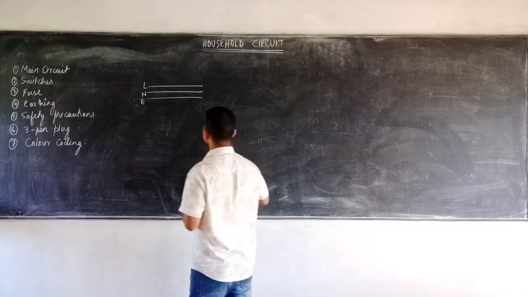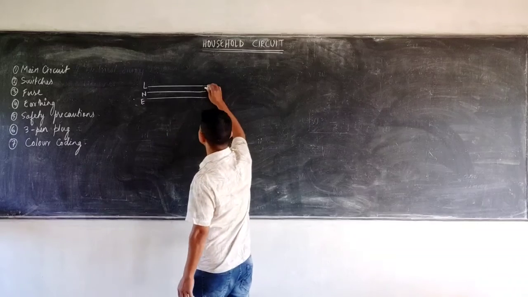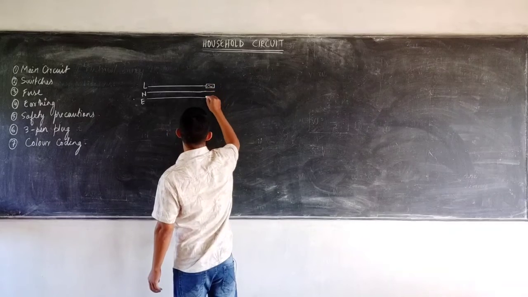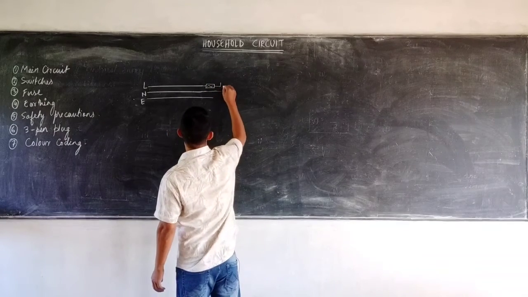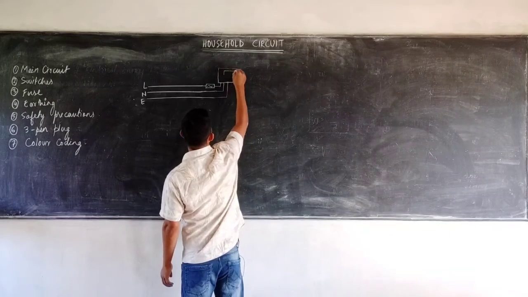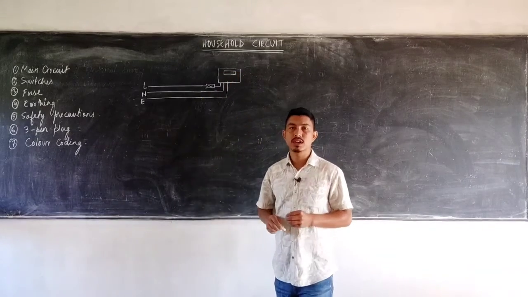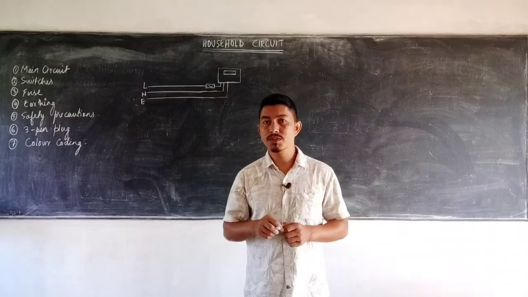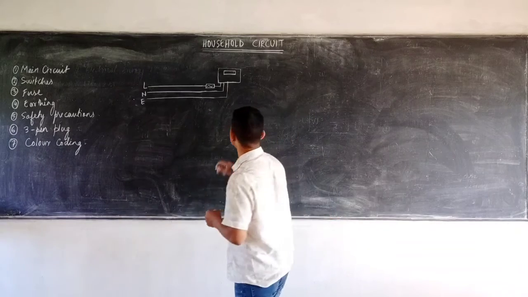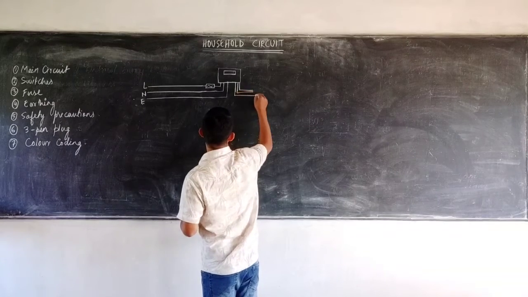These three wires enter into our house, and then the company provides us a fuse known as the company fuse. Once it passes the company fuse, these three wires are connected to the kilowatt hour meter, which measures the electrical energy consumed by our houses. So the current first comes into the company fuse, which is connected to the live wire, and after that it enters our meter. From the meter the three wires come out, and then go into the main switch.